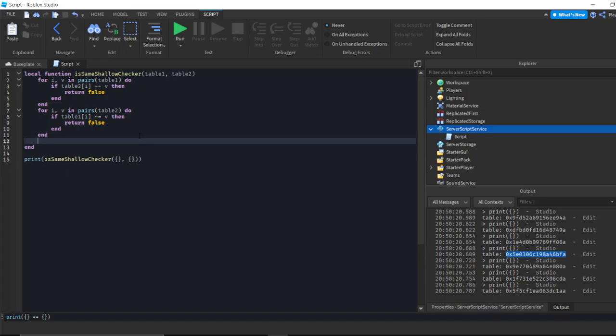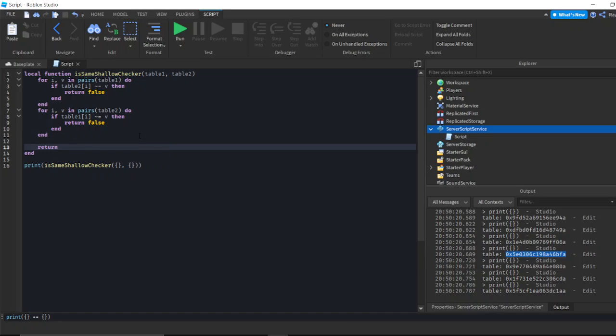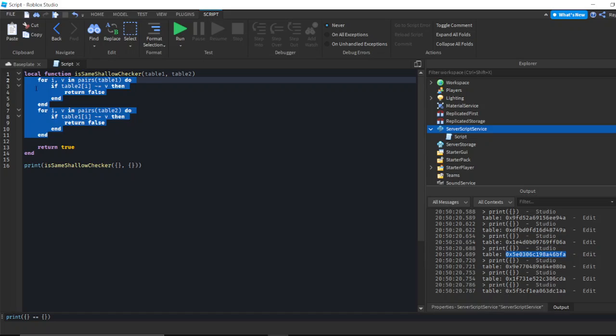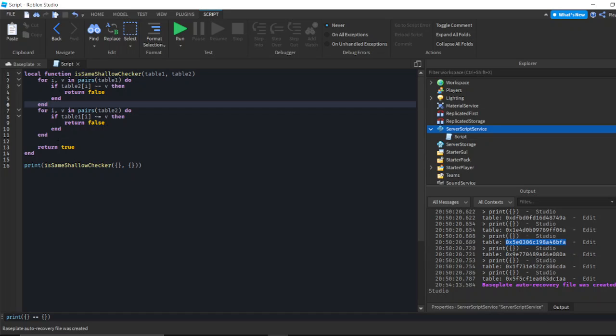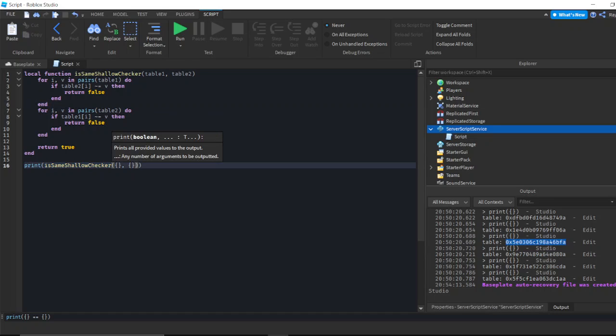But I'm forgetting one thing: if it doesn't return false in these checks, we have to return true at the end. So if we run this and check if both of these empty tables are the same, we should